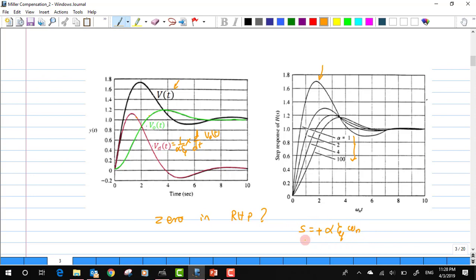In the previous case we had a zero that was placed towards the left half of the S-plane, and we did so just by having a negative sign over this particular term. But as of now we will consider the impact of having a zero on the right half of the S-plane by considering that the sign of this particular term is a positive quantity. So now we know that again when we try to write the system transfer function, I can write it as something like